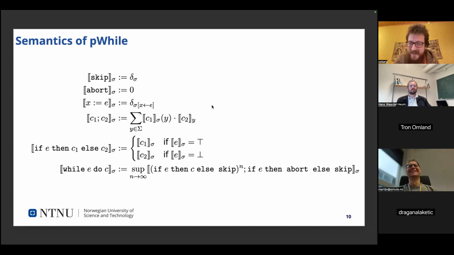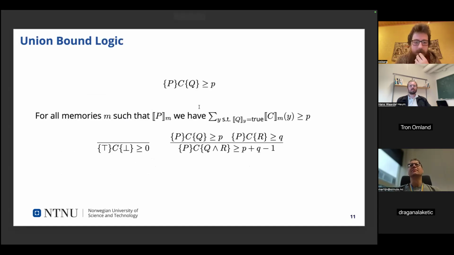I'm going to have a short look at the end. That's also the reason for the leftover M in one of the earlier slides. In EasyCrypt, we don't talk about state, we talk about memories instead. And here we see there's also some more leftover stuff from this. So using this semantics, we can define a bunch of logics on top of it.